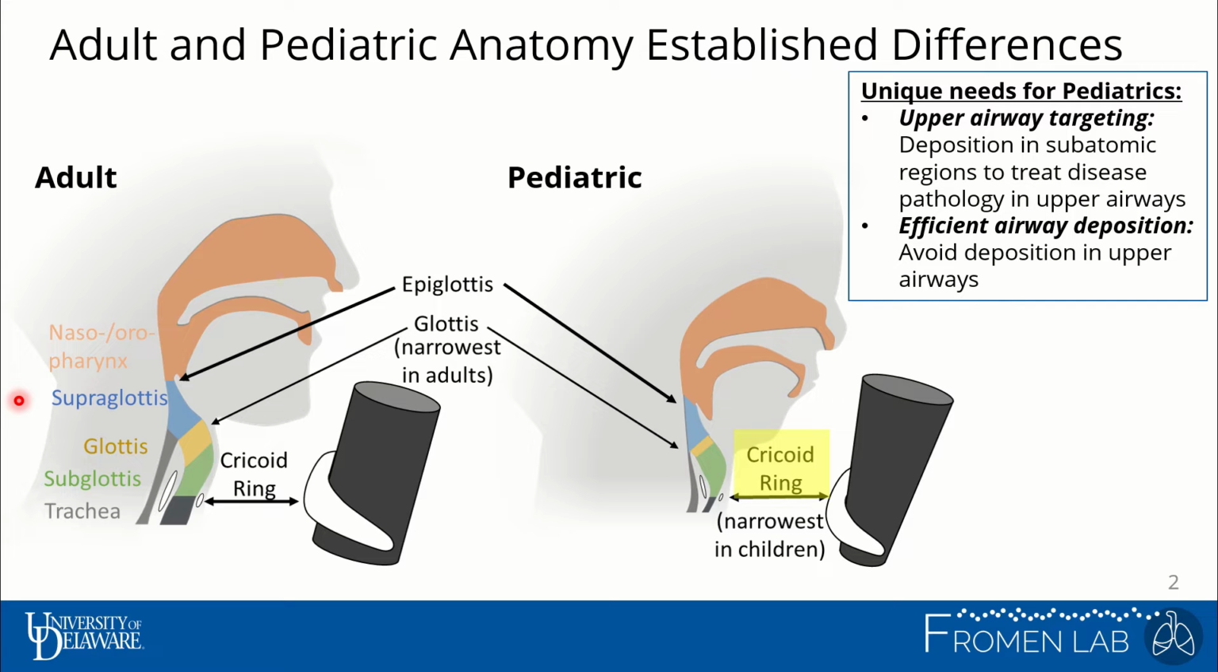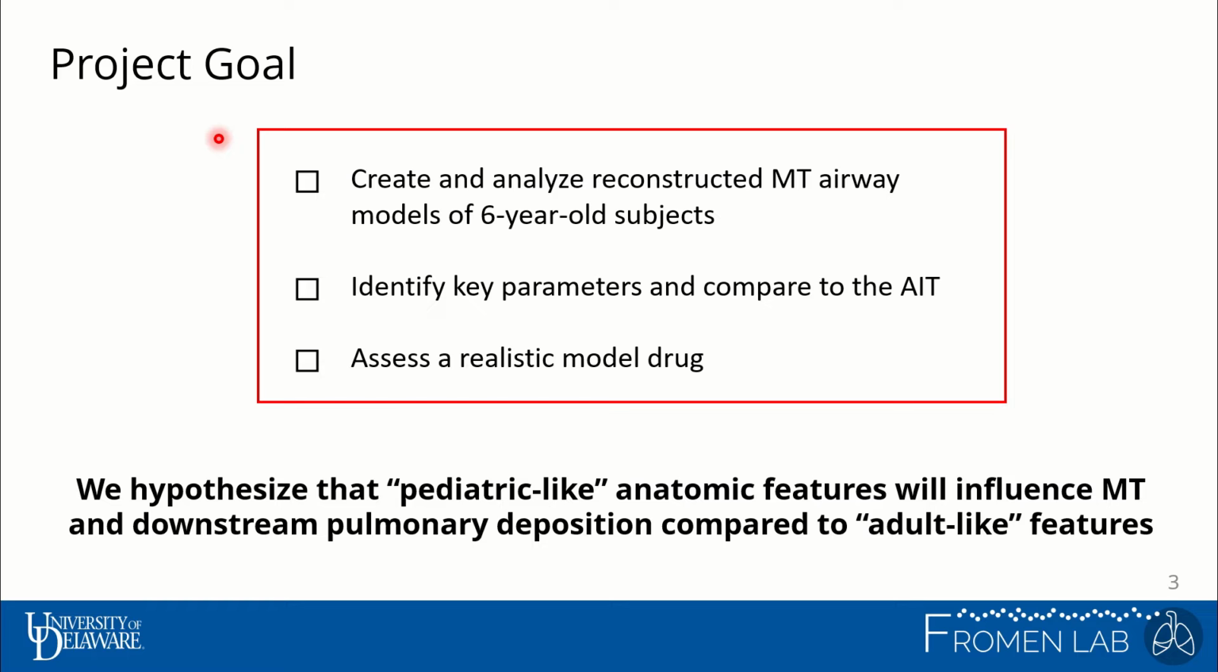And there's a need for models that represent pediatric airways for disease targeting and also to avoid upper throat deposition for efficient lung delivery. But there's a lack of models which quantify this transition between the pediatric-like to adult-like airways. And since this transition occurs in 6-year-olds, the goal of our project was to create and analyze reconstructed mouth-throat airways of 6-year-old subjects to study this transition, as well as to identify key parameters and aerosol deposition in these models